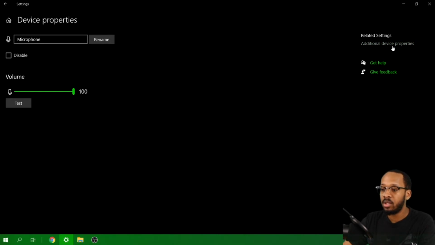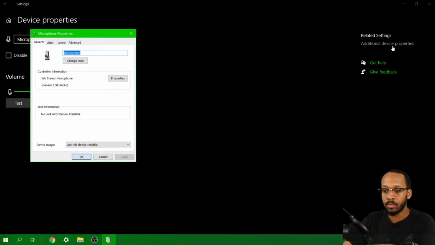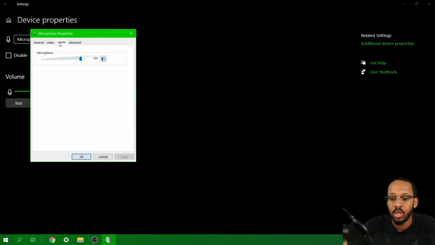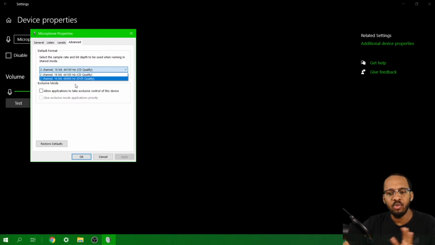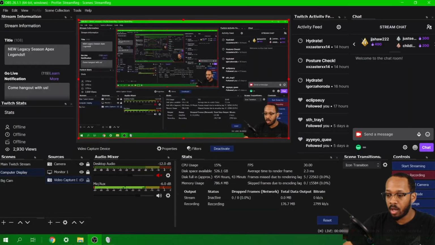Once you get to this page, go to additional device properties. Okay, and then once you get here, you want to go to, let me see, where is it at? Right here. Go to advanced. You see how it says 44100 right here? And right here it says 48. I don't think it matters which one you pick, but whatever it says here, when you go to OBS and